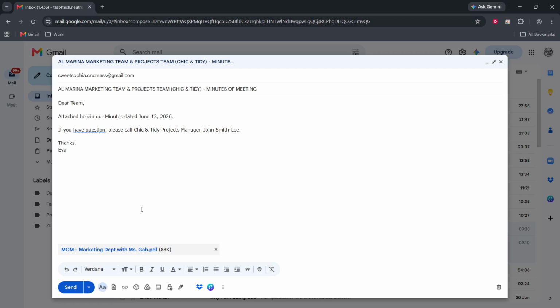Finally, click the Send button. This is usually located at the bottom of the Compose window. Once you hit Send, your email will be on its way to the recipient. You will see a confirmation appear, indicating that your email has been sent successfully. This moment is satisfying, knowing you've completed your task and reached out to someone.